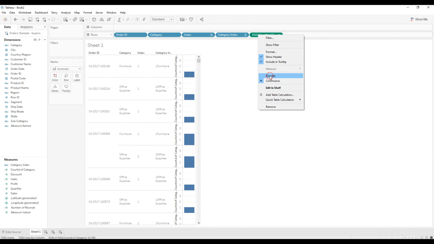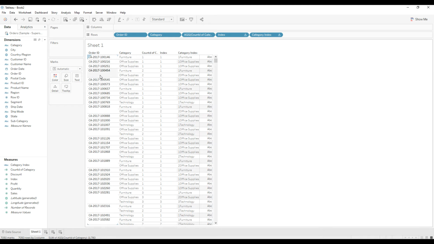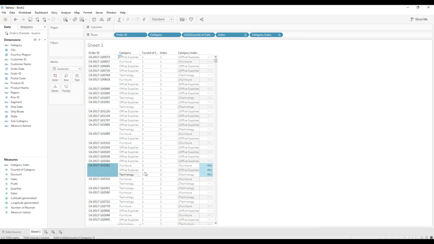Right click and choose discrete. So if you see, for this order we have two categories, so we are getting 2. Here we have 3 categories, so we got 3. That's working fine.